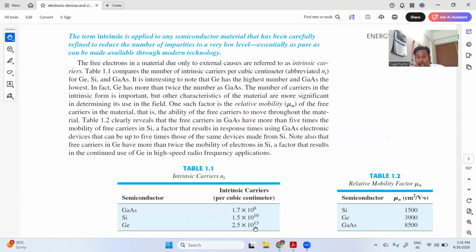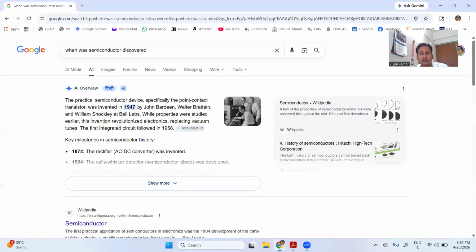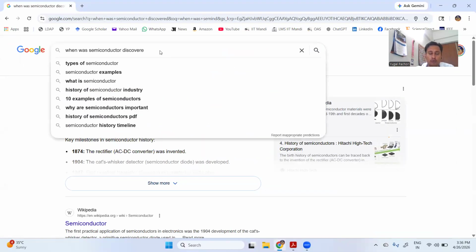And if you talk about the mobility, the mobility of silicon is 1500, whereas the mobility of germanium is 3900, and the mobility of gallium arsenide is 8500. So this is not the reason why you prefer silicon. The mobility of silicon is less. But I will tell you that reason also. I'm just discussing why we prefer silicon. One reason is that it is mostly abundant. And the other reason I will tell you as soon as we Google it. So you will come to know